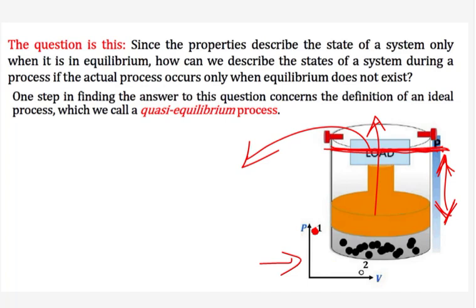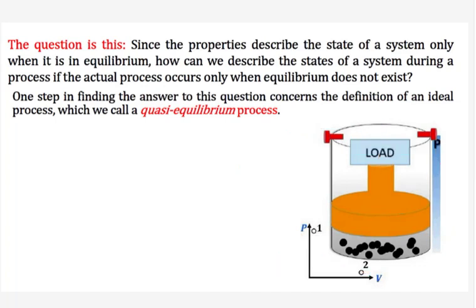No. Why? Because the system was not in equilibrium. And if the system is not in equilibrium, then I cannot show that particular state in my graph. And if I am not able to show that state in my graph, then I will not know which path it has followed. I will not understand which path it has actually followed here, and then I cannot calculate the behavior of this system.